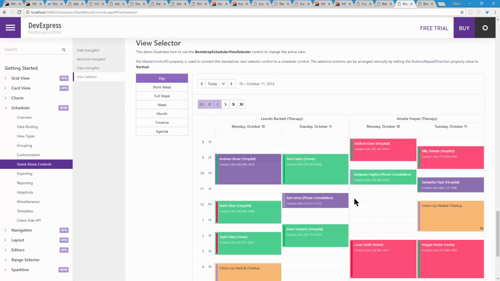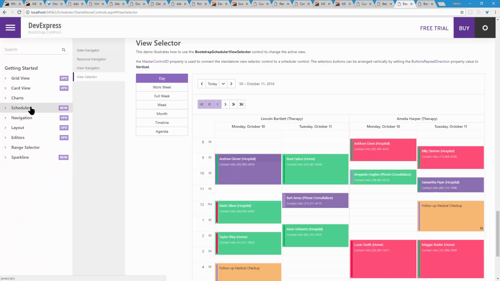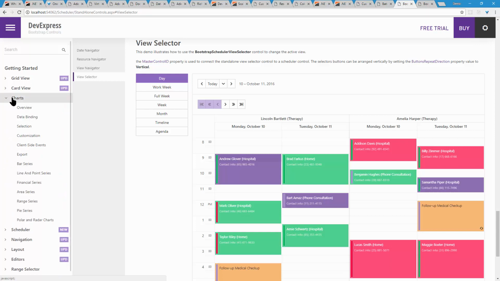And again, the scheduler looks really fantastic in Bootstrap. In fact, if I was starting a new project today with ASP.NET, WebForms or MVC, or ASP.NET Core, then I would consider using our Bootstrap controls. These are fantastic. And one of the things that we did with our Bootstrap controls is when we decided to